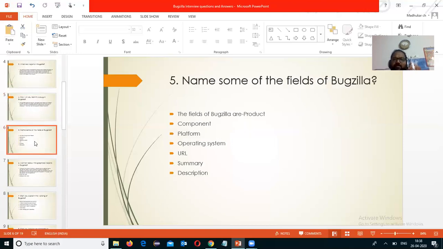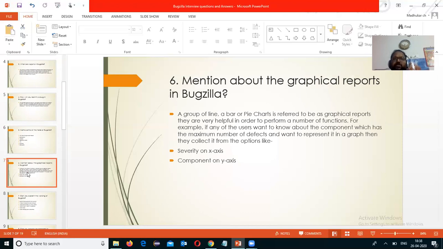Name some of the fields of Bugzilla. Component, platform, operating system, URL, summary, description, attachment, and some more fields are provided to you. Mention the graphical reports in Bugzilla. A group of line, bar or pie charts is referred to as graphical reports.